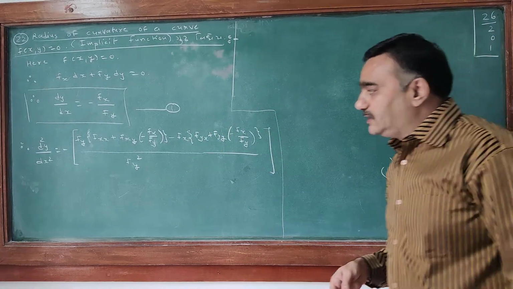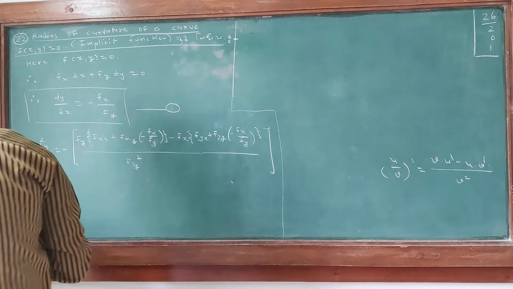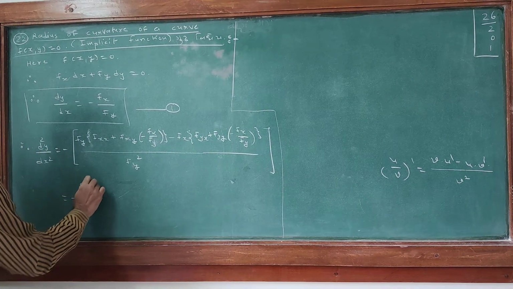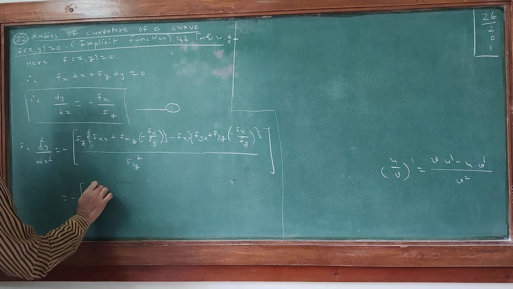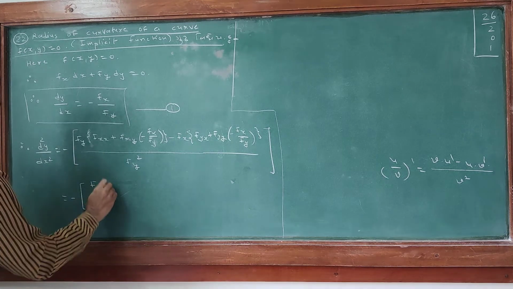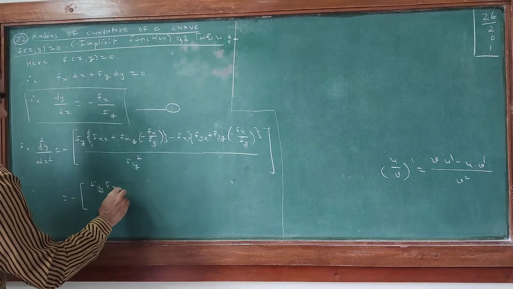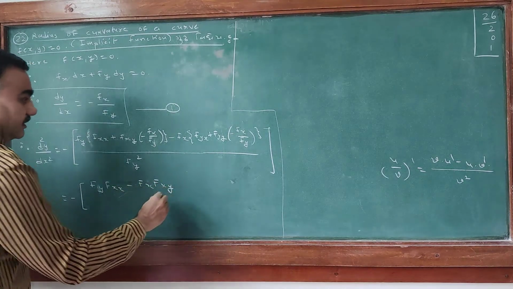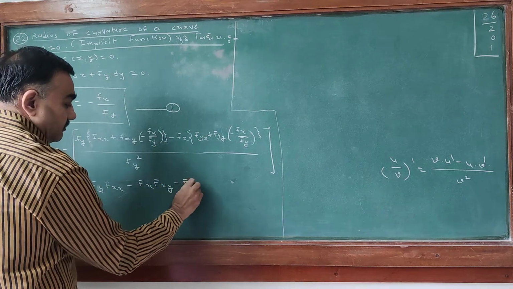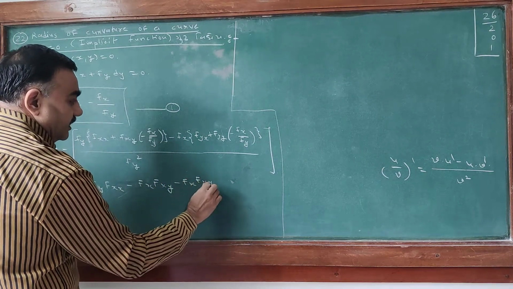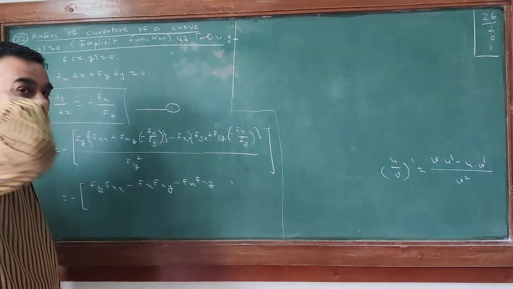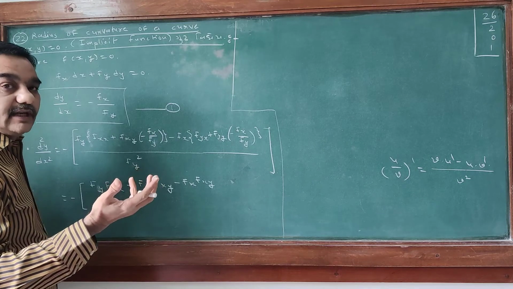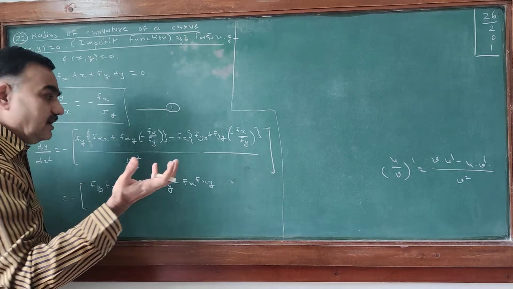So the value is equal to minus f of y, f of xx, minus fx, f of xy, minus f of xy. We have no meaning for f of xx or f of xy or f of yx, because both these values are same by Young's or Schwarz theorem. Both will apply here.